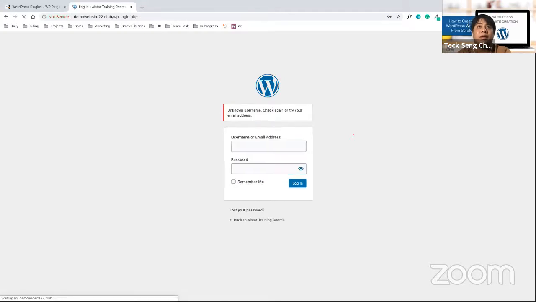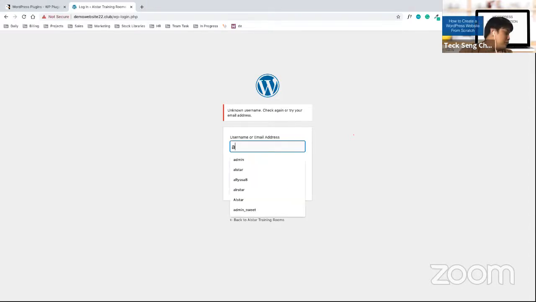Got it. Okay. So Gavin also says, if you enter the URL in incognito mode, it shows as well. Yes, correct, Gavin, because in incognito mode, you're not logged in technically. Okay, just allow me to log in first.